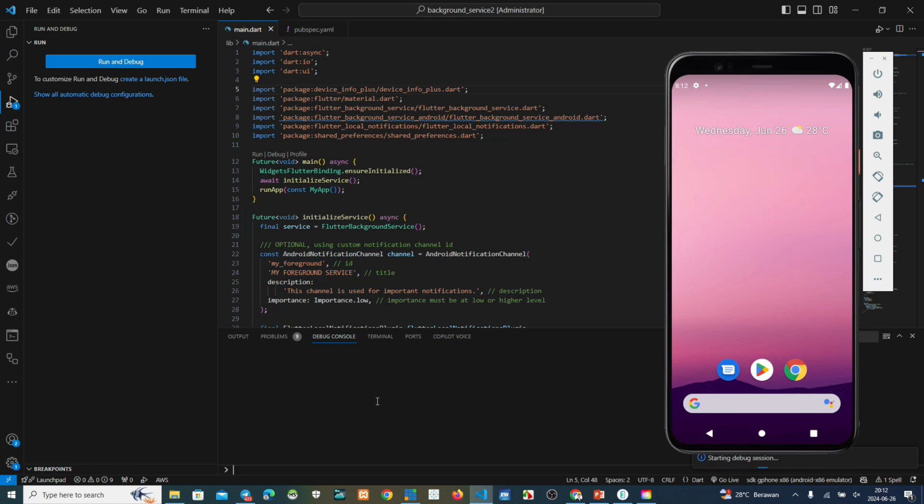Yeah, we can see maybe from the Flutter Doctor. Maybe after running this one, I can show you my Flutter Doctor. We can see some information from there.